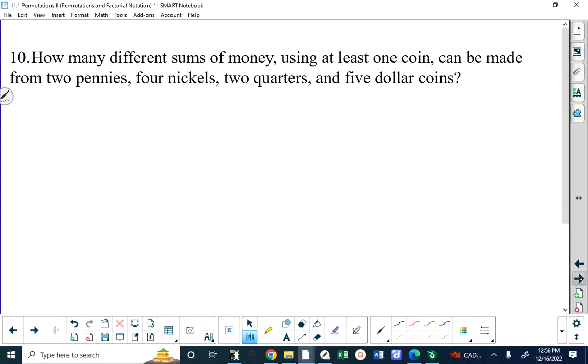And you know, I could try to anticipate every single question for exams, but this is one, unless you've seen it, you might not even know what to do. How many different sums of money using at least one coin can be made from 2 pennies, 4 nickels, 2 quarters, and 5 loonies? Well,